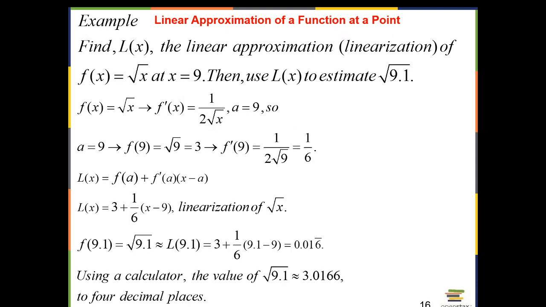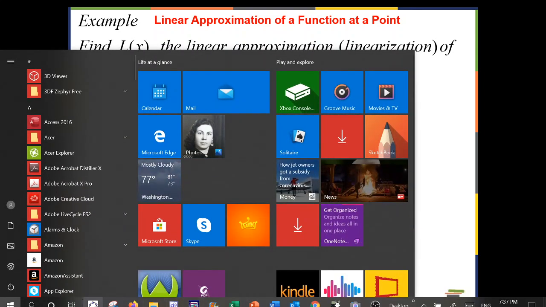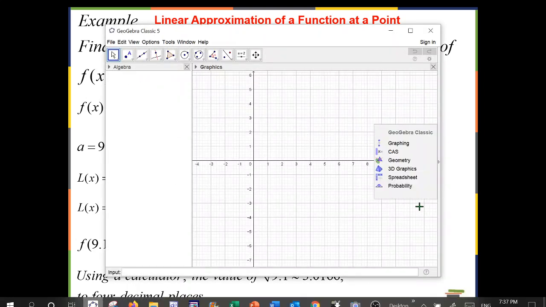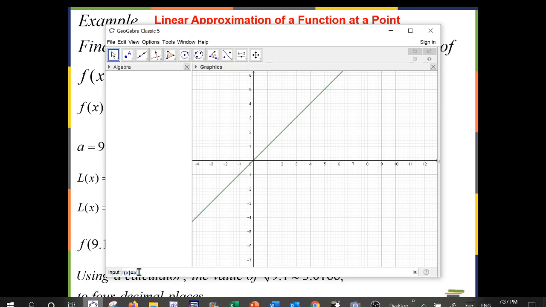So as you see here, let me do this quickly with our program called GeoGebra, right? So let's do that. What I'm going to do is put f of x equals the square root of x, right? And then I'm going to go to point, let's say I'm going to put A as a point,